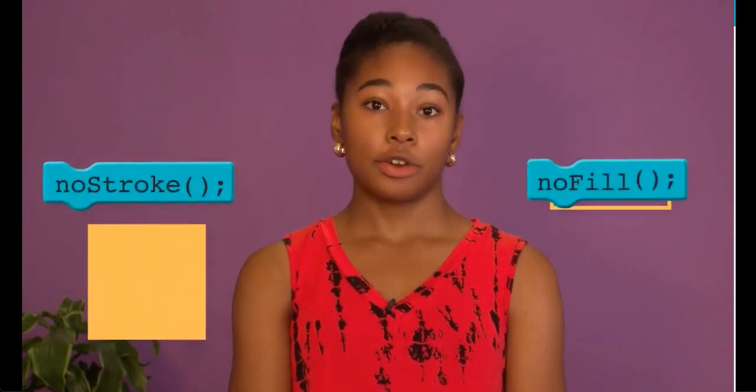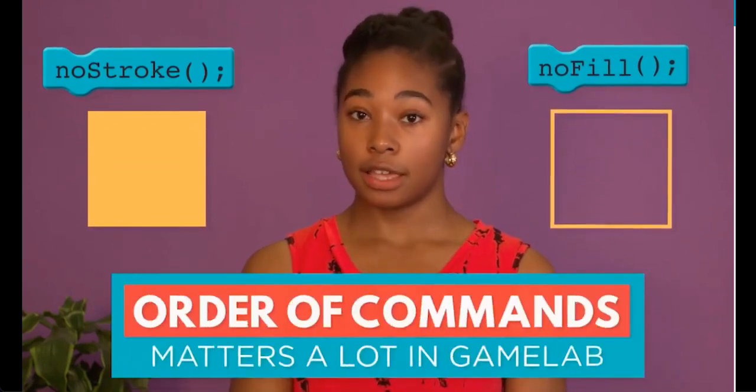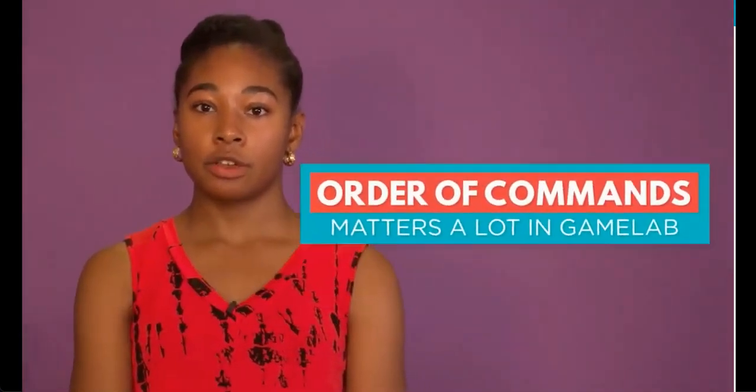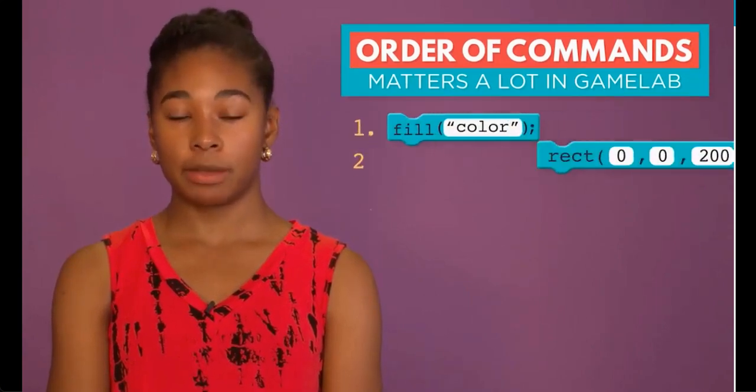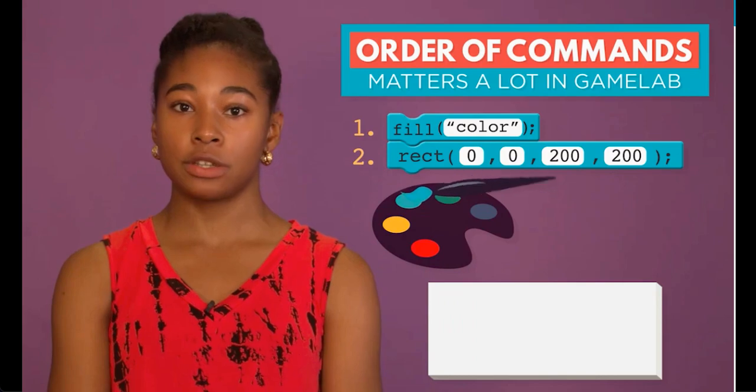If you don't want your shapes to have a stroke or a fill, you can use the no stroke or no fill commands to make it so. The order of commands matters a lot in GameLab. You need to change the color of your stroke or fill before you draw the shape. If you were drawing or painting in real life, this would be like dipping your paintbrush into your palette before